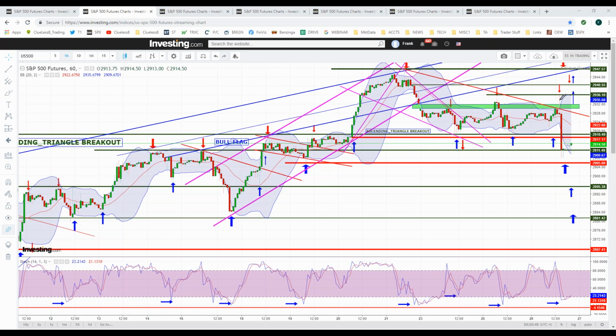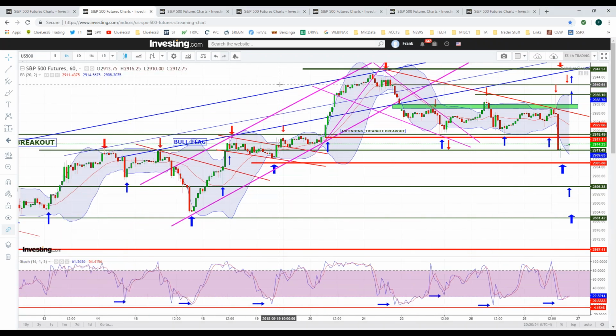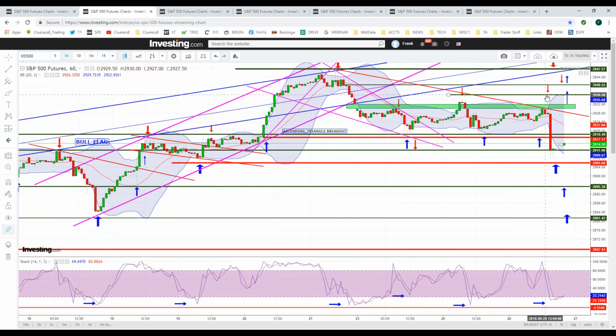If you go back to my charts on my real-time Twitter feed, you will notice that this line here is what we call a long tail hammer, an inverted hammer. It was bright green, and it was meant to get up here and hit the 2940 level. It was meant to do that. However, a large block of a sell program came in. Fundamentally, nothing changed in the market, but there was one big sell program that came in, which I was noticing on my other monitors too, and I showed it also in real time,